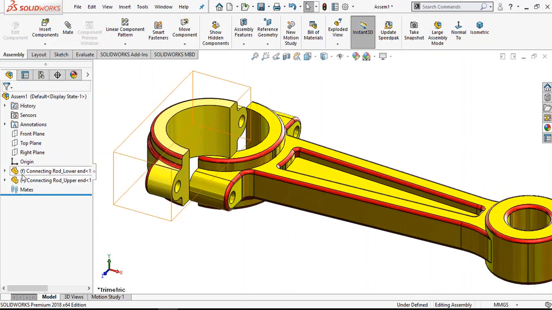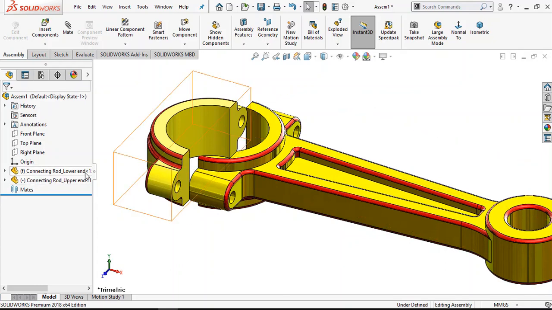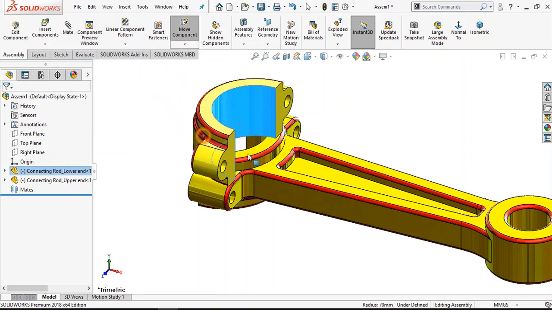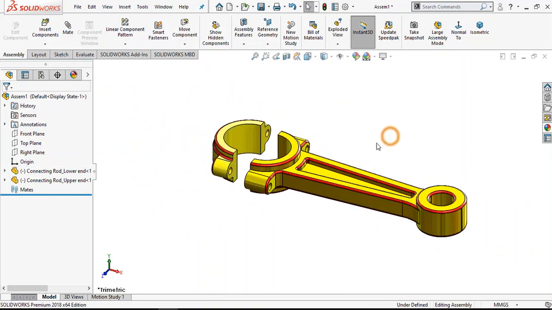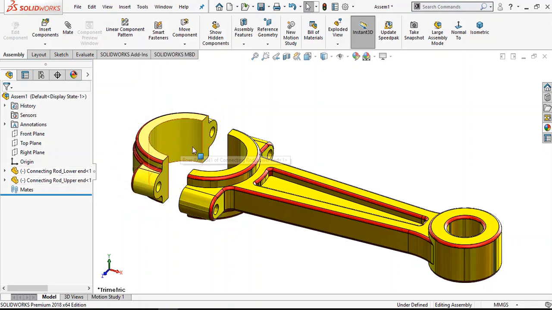Now you can see F is written in front of connecting rod lower end. This means that the part is fixed. So right click here and select float option. Now you can drag it anywhere. Now you can see a minus symbol, that means it is not fully defined.